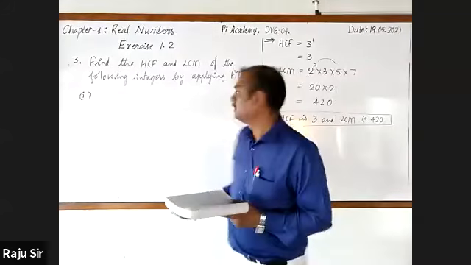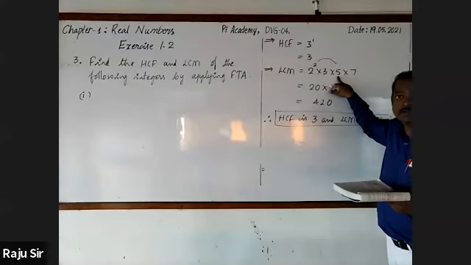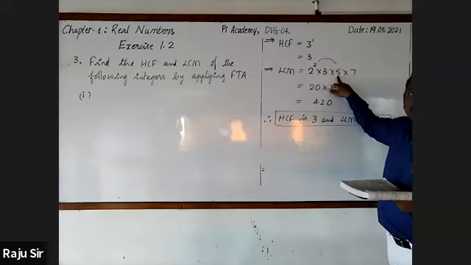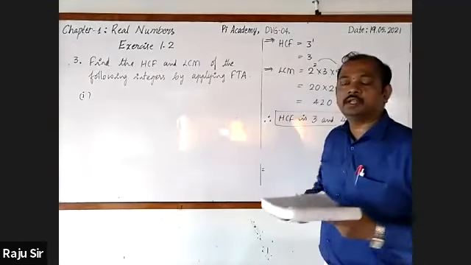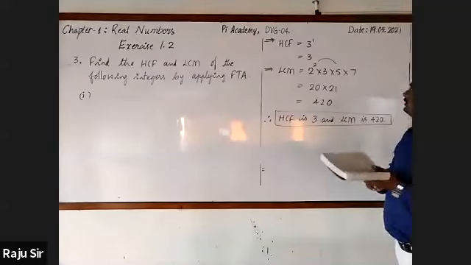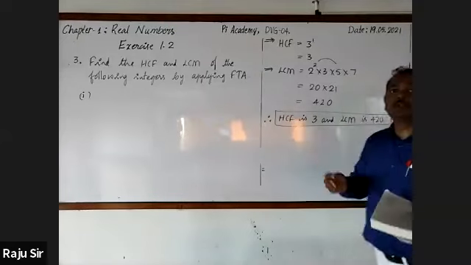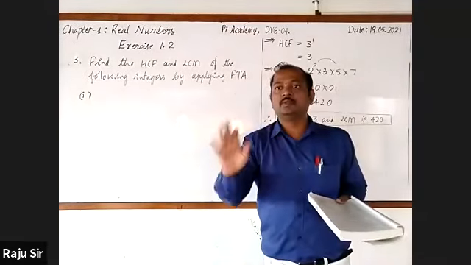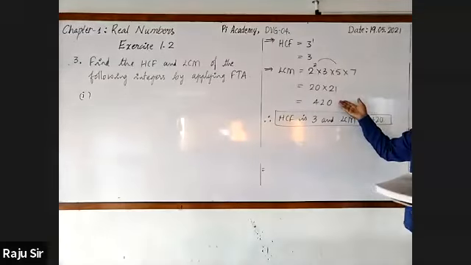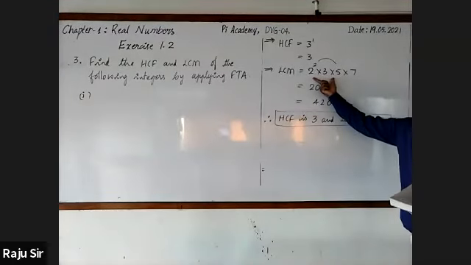Sir, we can do 84 into 5 also, sir. How did you get 84? Long method, sir. You can go for that. But it is a very simple one. You need not go for using the working column. Without the working column also, you can just go for multiplying directly. That's why I start in the simplest way.